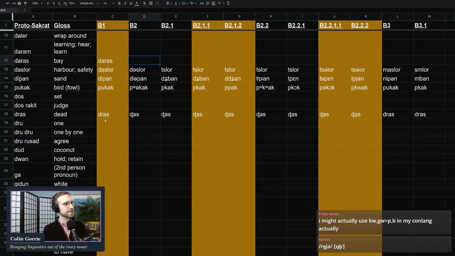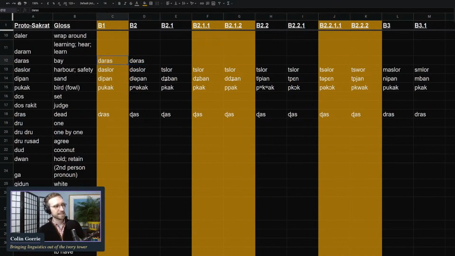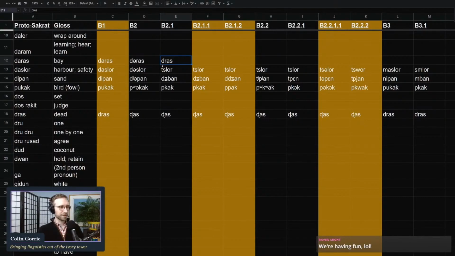So here we have darás. Here we have darás. Now we have darás and dras contrasting. Here we have das and darás contrasting. And here we have das and dras contrasting. So we maintain the contrast even though the shape of the contrast changes over time. You know, the tale as old as time. And then what we might do,